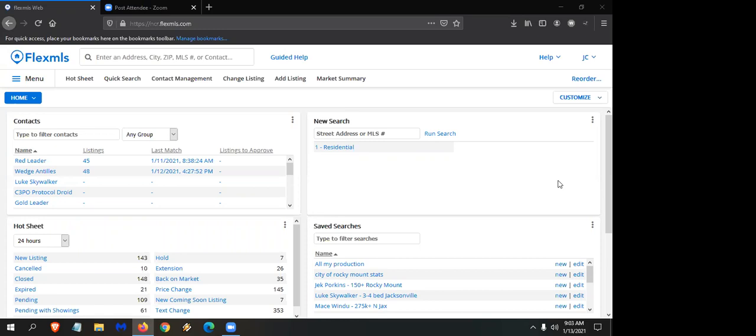The first 50 minutes or so, we're going to cover the dashboard. The second hour, we're going to be covering the quick launch bar and some basic searching. And then the third hour, we're going to be doing an actual search and a subscription, and we'll walk through that process. So the third hour will be focused on if you have an actual client and you need to